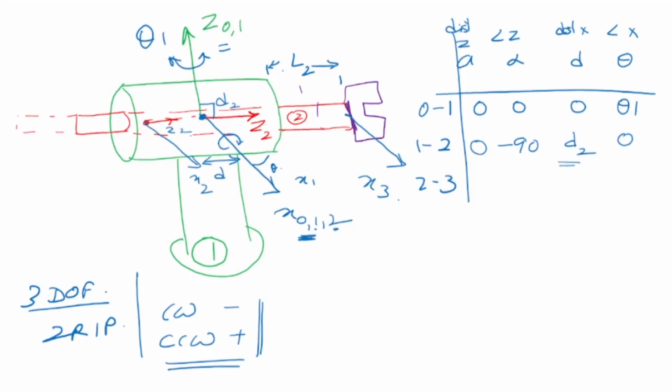Next, what we see is that we talk about the relation between the third frame and the second frame. Now, what is the distance between the z-axis? Now, the z-axis are in the same direction. This fellow z is in that direction. That's my z3. Okay, so they are in the same direction, so there is no distance between them. What about the angle between them? Again, there is no angle between them. They are in the same direction, so it's 0.